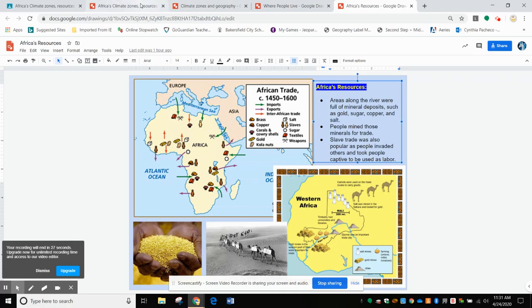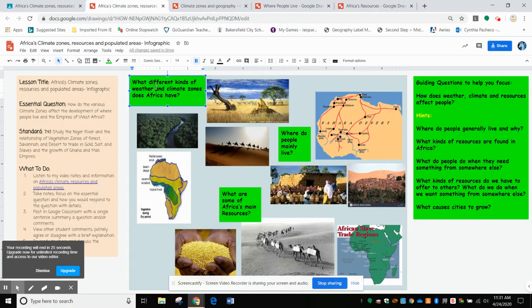Now, going back real quick, I want you to think back to the climate zones where people live and the resources and how those things developed into cities or bigger villages and what that led to. What do people need? What do people want? What do people do when they want something from somewhere else? Right? Okay, so I hope to discuss these things